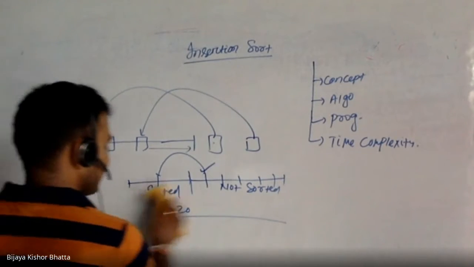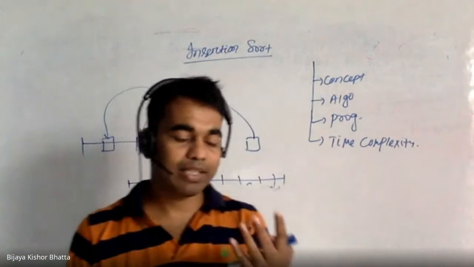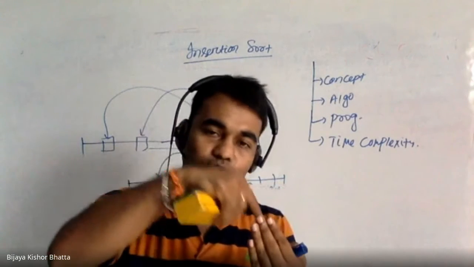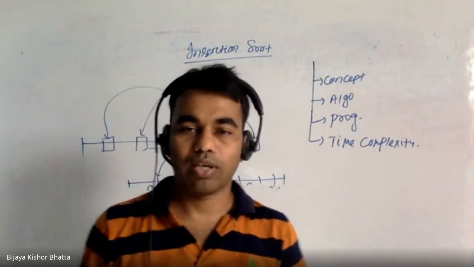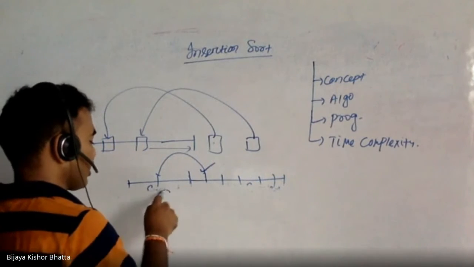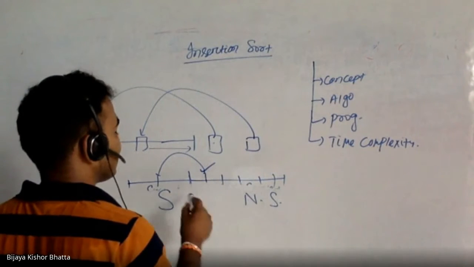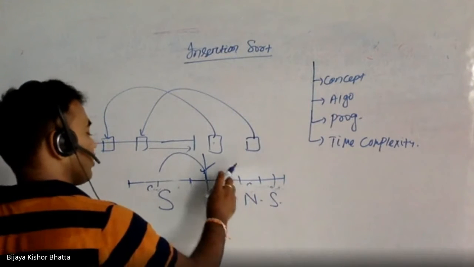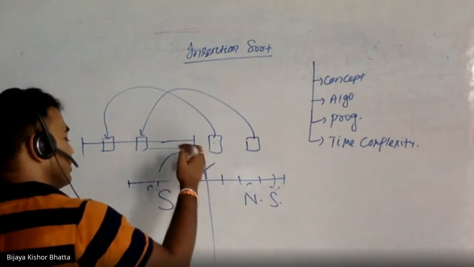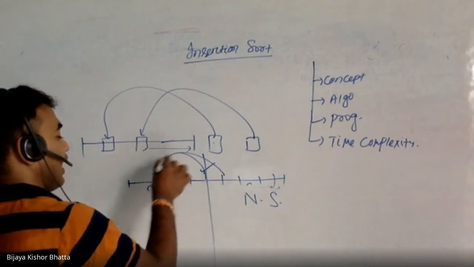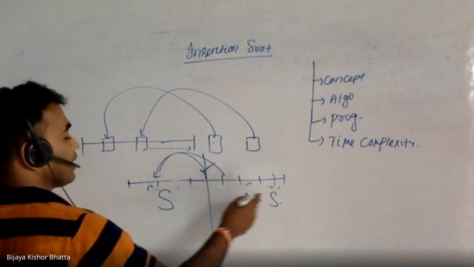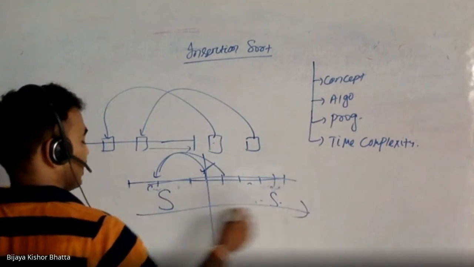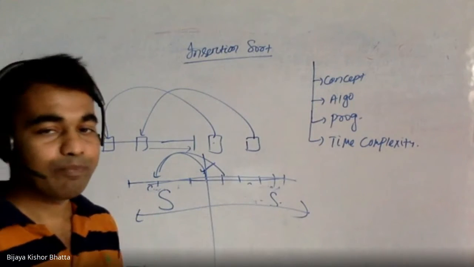So the basic idea is like, if you know how to play cards, whenever some cards are in your hand and some new card is coming, you are just going to insert it into the right position. And the same concept also goes here. One is the sorted part, one is the not sorted part, right? So there are 2 parts, the array is being divided. Suppose this is the cards in your hand, and whenever one element or one card is coming, you will keep on inserting that into the right position, and this will keep on growing. Finally, whenever there is no card here, that means the whole array is going to be a sorted array. So that is the main fundamental of insertion sort.